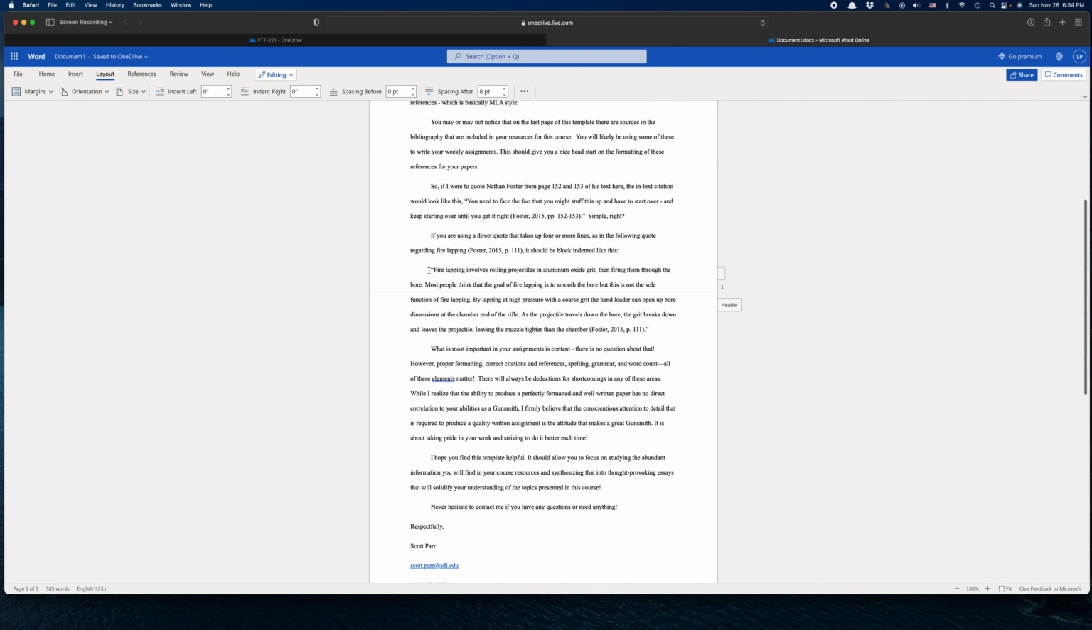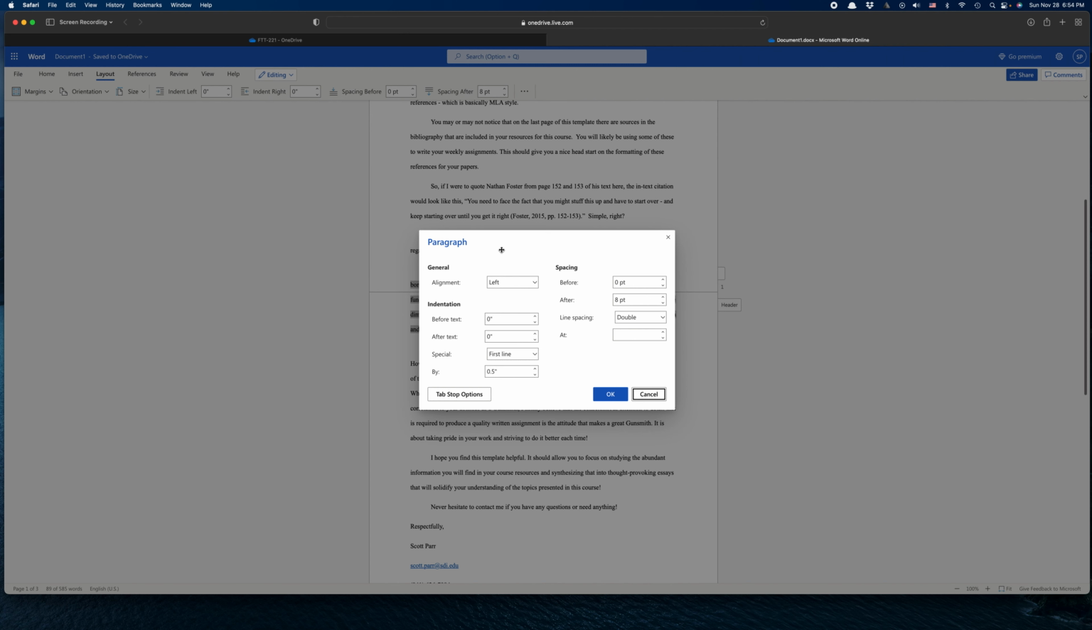Looking better. Next, let's take a look at how to do a block quote. So if you have a quote of 4 or more lines, all of that should be indented as a block. So again, we go back to our paragraph options. We're going to remove that first line indent, and if we choose before text, we're probably going to want to